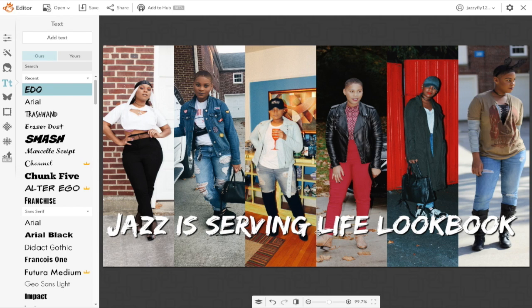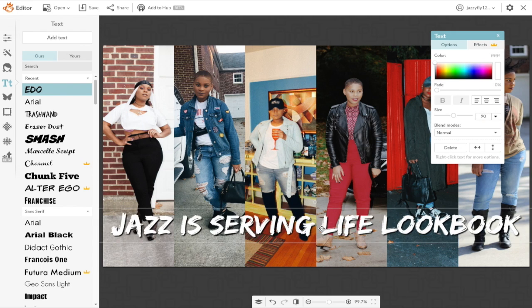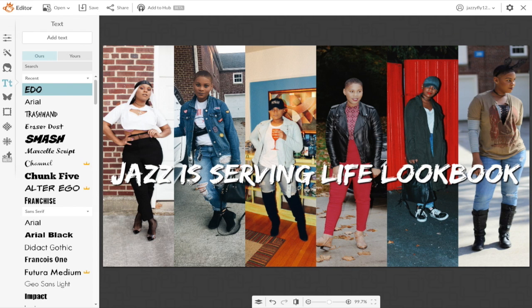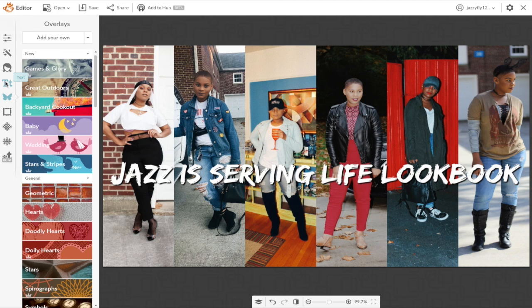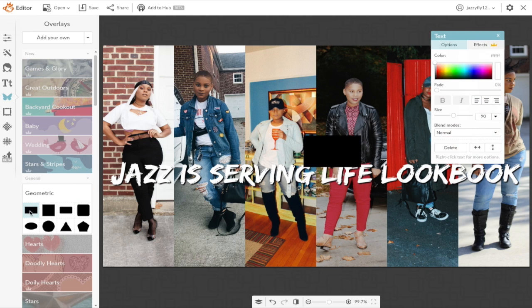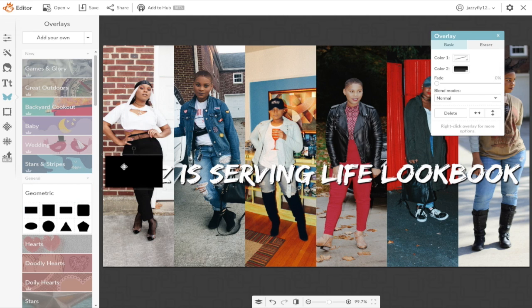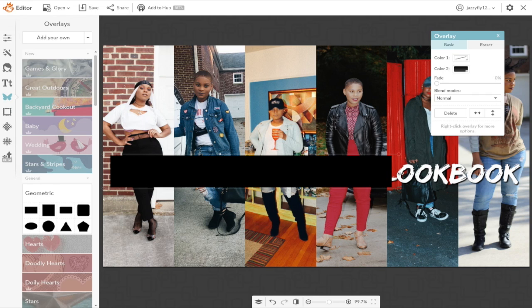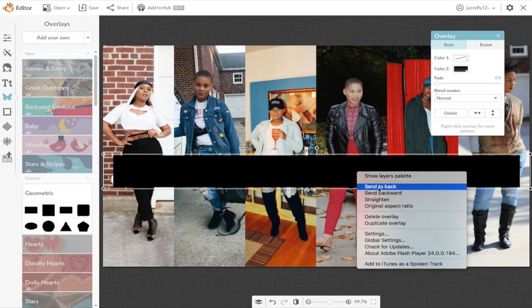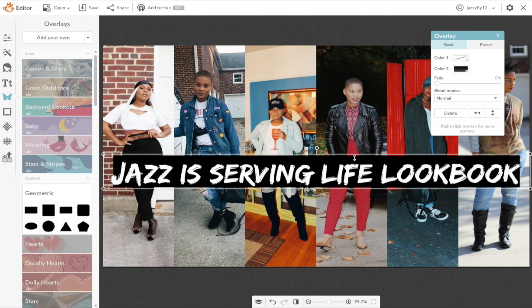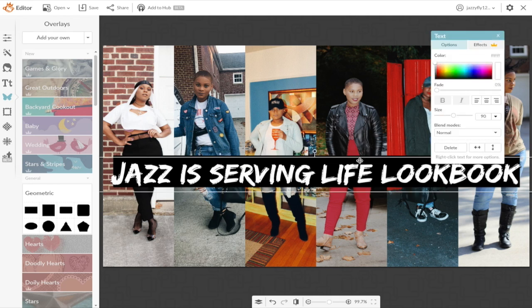So if I wanted it to be like this, Jazz is Serving Life lookbook, I could leave it like that. Let's say I wanted to add a little text box behind it so it would pop even more. You would come back over here to the overlays, go to geometric where all the shapes are, click on a shape and resize it to whatever size you like. You could also right click on your computer and send it to the back so that it's behind here. And this could literally be